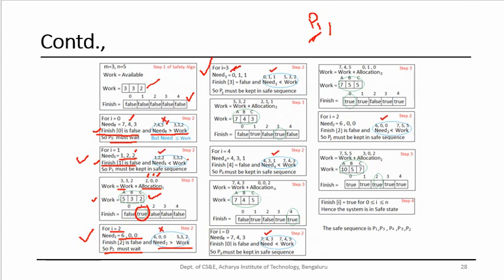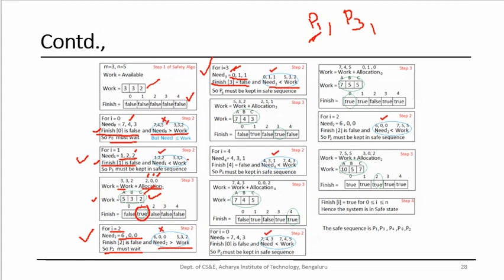Now we check whether P3 can be added to the safe sequence. What is its need? It is 0, 1, 1. I hope you are following me. 0, 1, 1 is less than work. What is the value of work now? 5, 3, 2, which means we have 5 instances of A, 3 instances of B, and 2 instances of C. So this condition is also met, and finish of 3 is also false because it has not completed its execution. Both conditions are met, therefore we can add P3 to the safe sequence, and we can claim whatever resources have been allocated to this process P3.